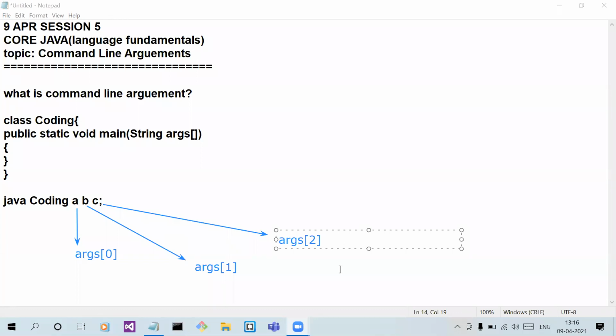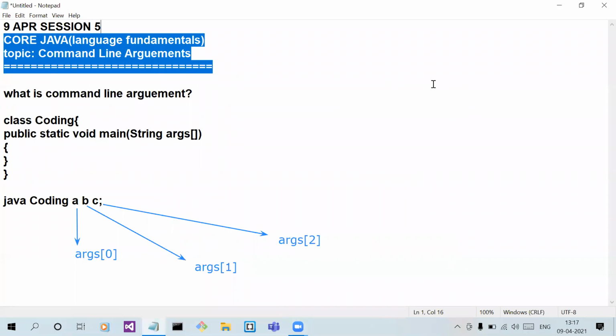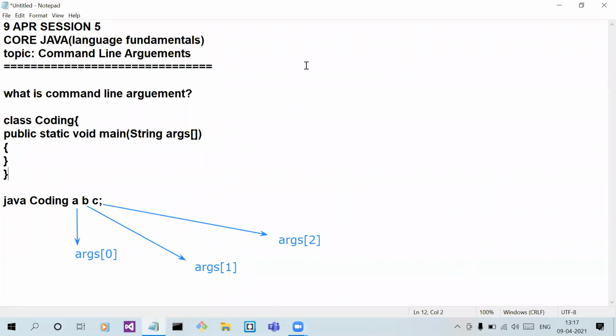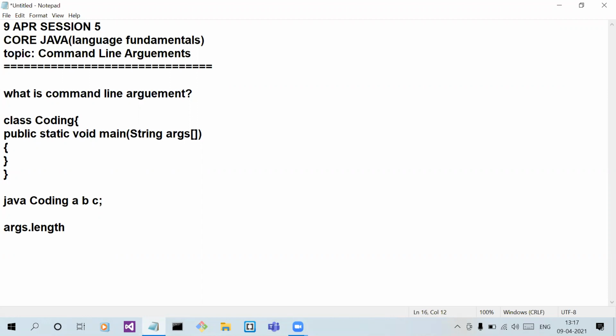Now, if I want to know the number of command line arguments, then we have to write like this: args.length.